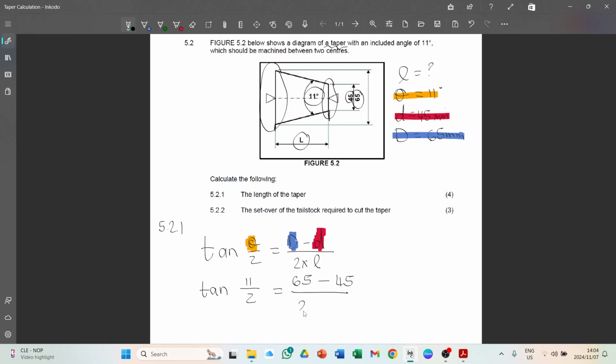Okay, so I've got a shortcut method that I teach my learners on what to do next. But before I show you the shortcut method, I want to show you what is the long method of getting to the same answer. Okay, so usually what you would do